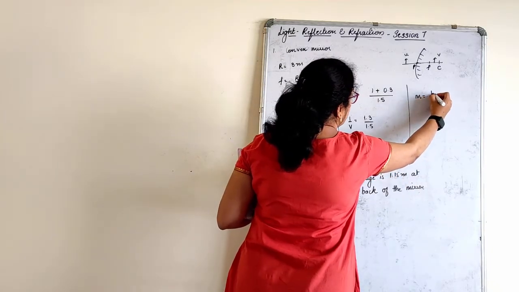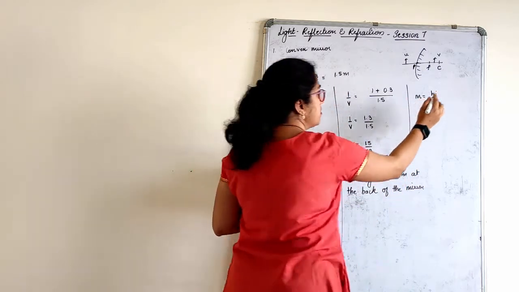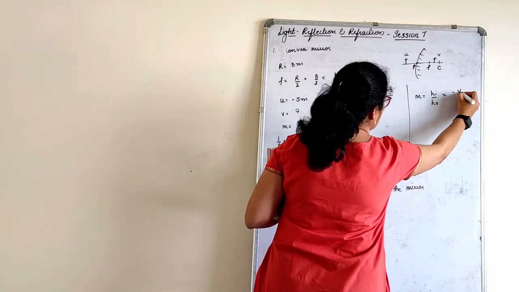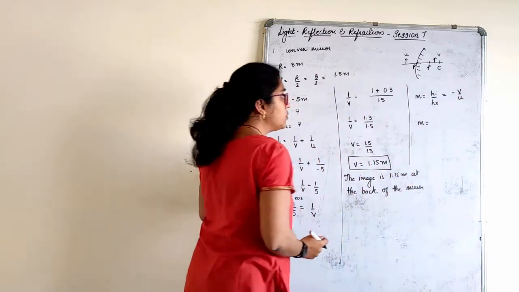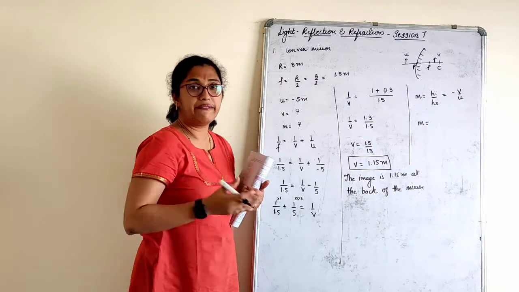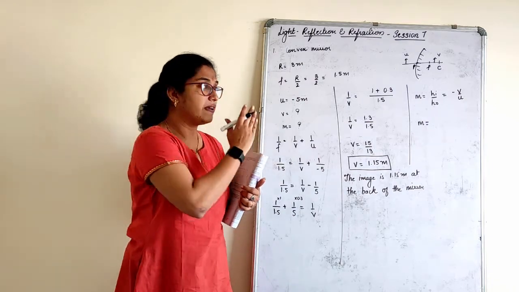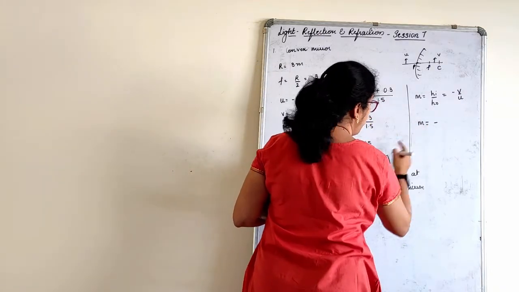m is equal to height of the image. Always the formula has to be written like this. That is nothing but equal to minus v by u. So magnification is equal to height of image and object will not come into picture because we don't have anything about height given. So leave that. u and v we will consider. So v is how much? Formula in minus